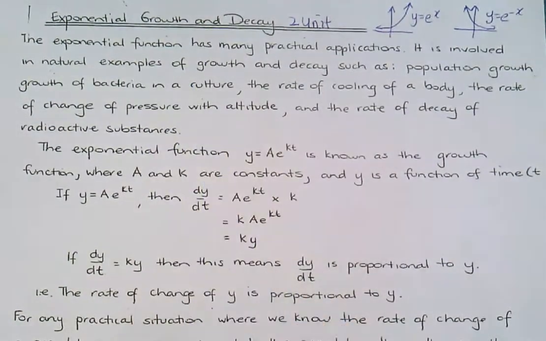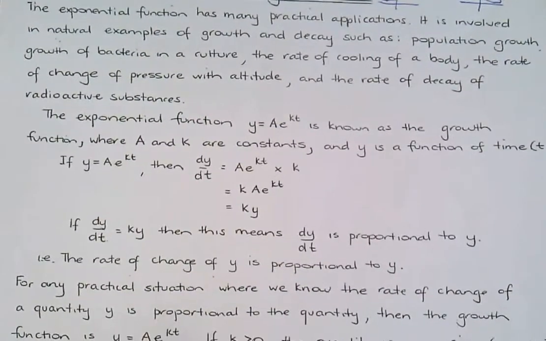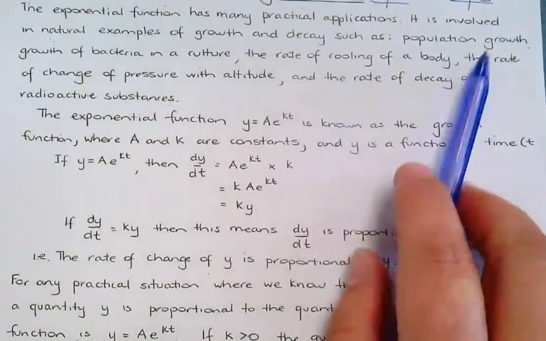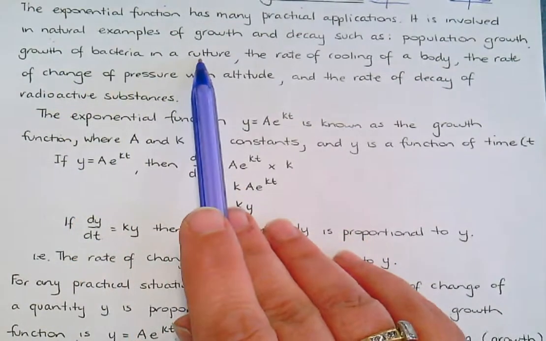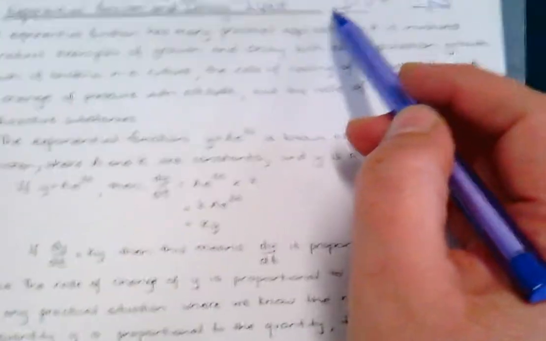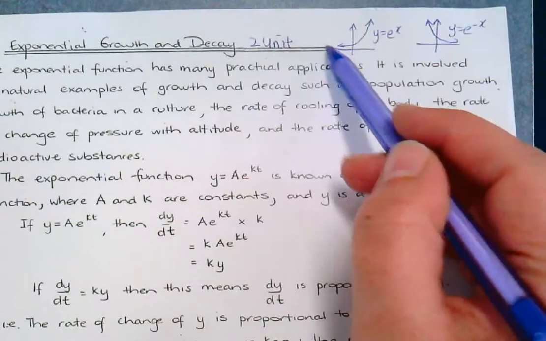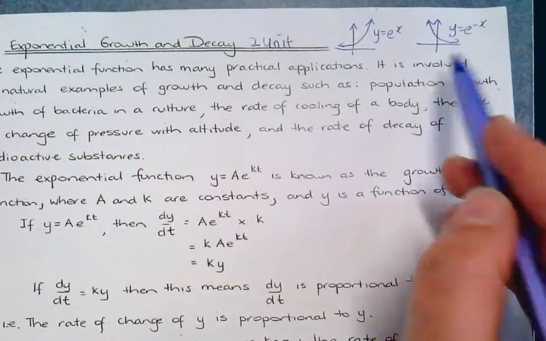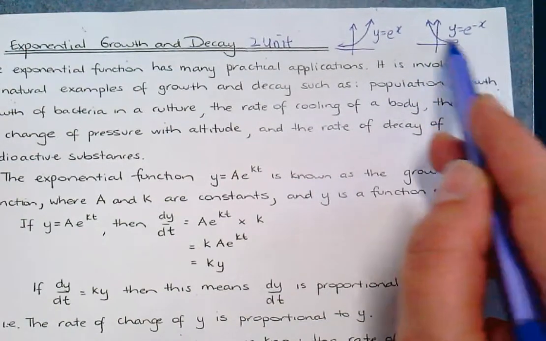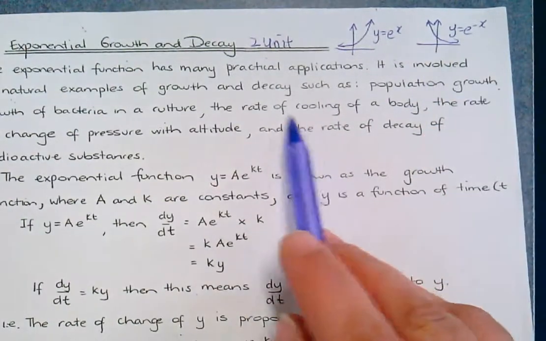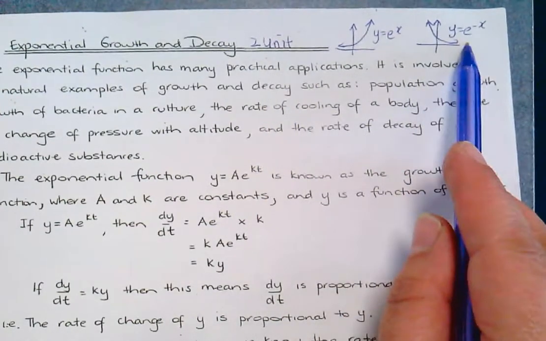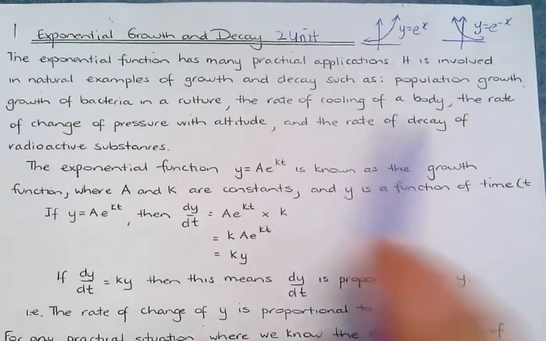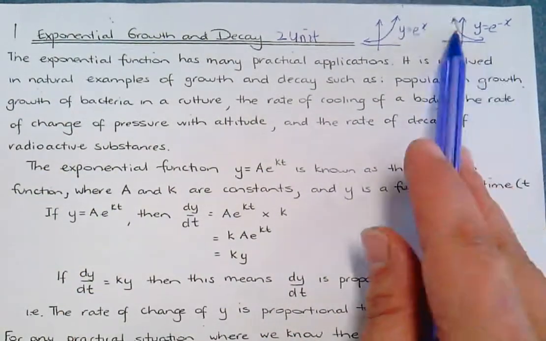The exponential function has many practical applications. It's involved in natural examples of growth and decay, such as population growth and growth of bacteria in a culture. So we're saying that these things grow exponentially, fairly quickly. The rate of cooling of a body, that would be this type of graph going down as it's cooling, so that would be an exponential decay. The rate of change of pressure with altitude, the rate of decay of radioactive substances, that would be